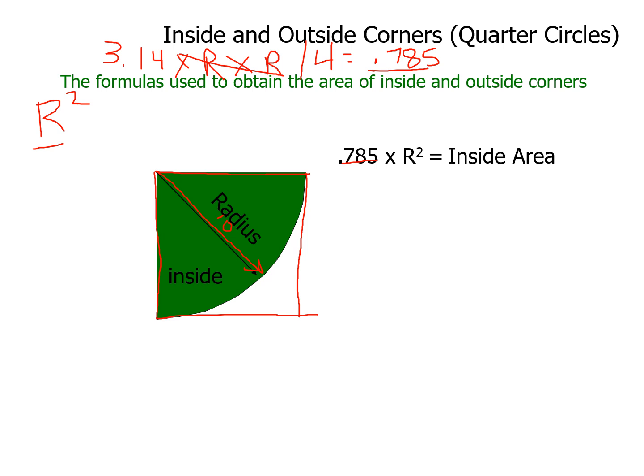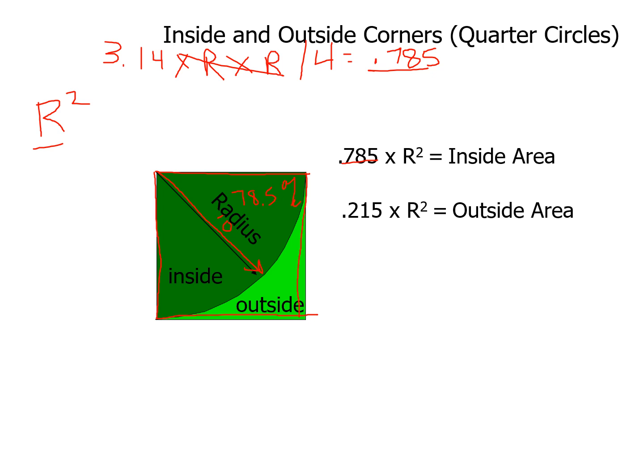So all I would have to do here, since that's telling me that the inside area of a circle is always 78.5% the area of a circle. Always, a constant. It's a quarter of pi. It has to be. Okay, so 78.5% or 0.785 of the area of a square is a quarter circle. That would always give me this inside area. Well, if that works, and we know it works, then what about this outside area over here?